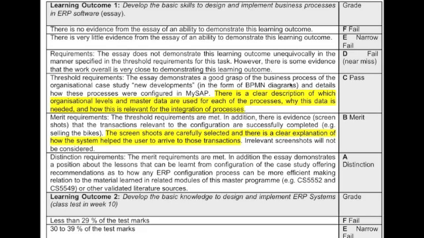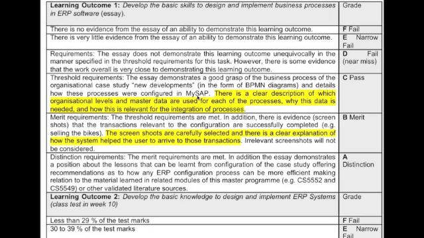However, that was not a reason for failing, but it is an issue that many of you needed to consider, so you have to be careful when you're doing that. Some of you were very detailed about the BPM diagram, others were very open about the different steps. So that was not the main problem. The majority of you did pass in this aspect. Okay. Now, detail how these processes were configured in MySAP.